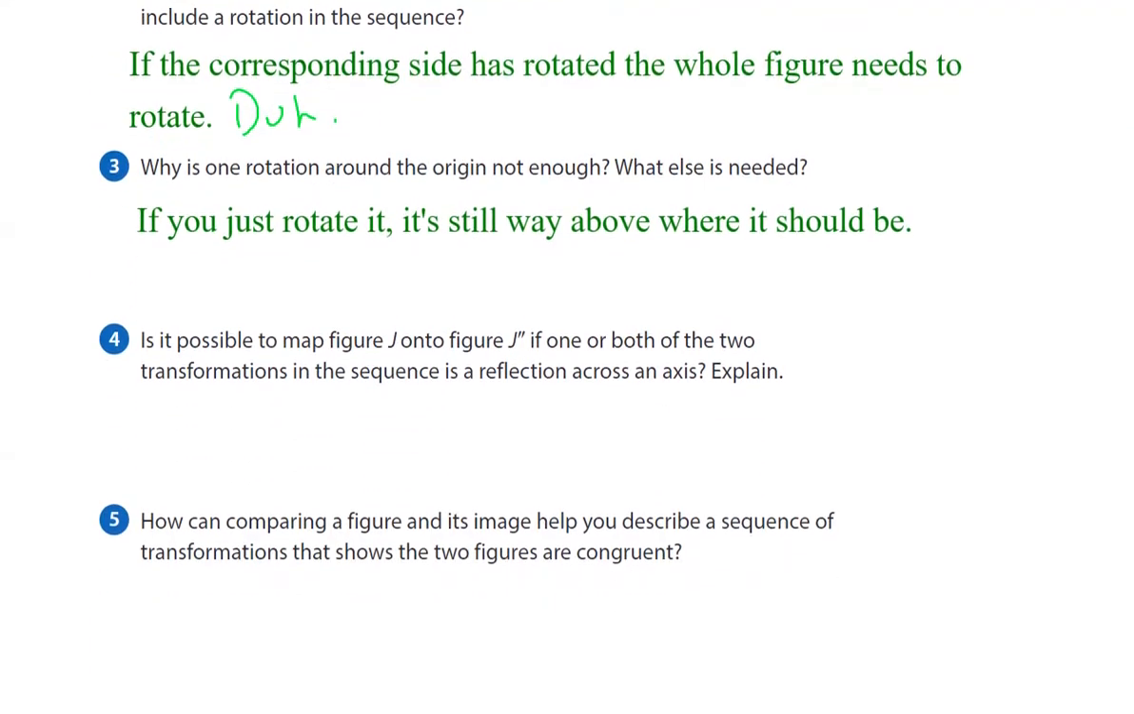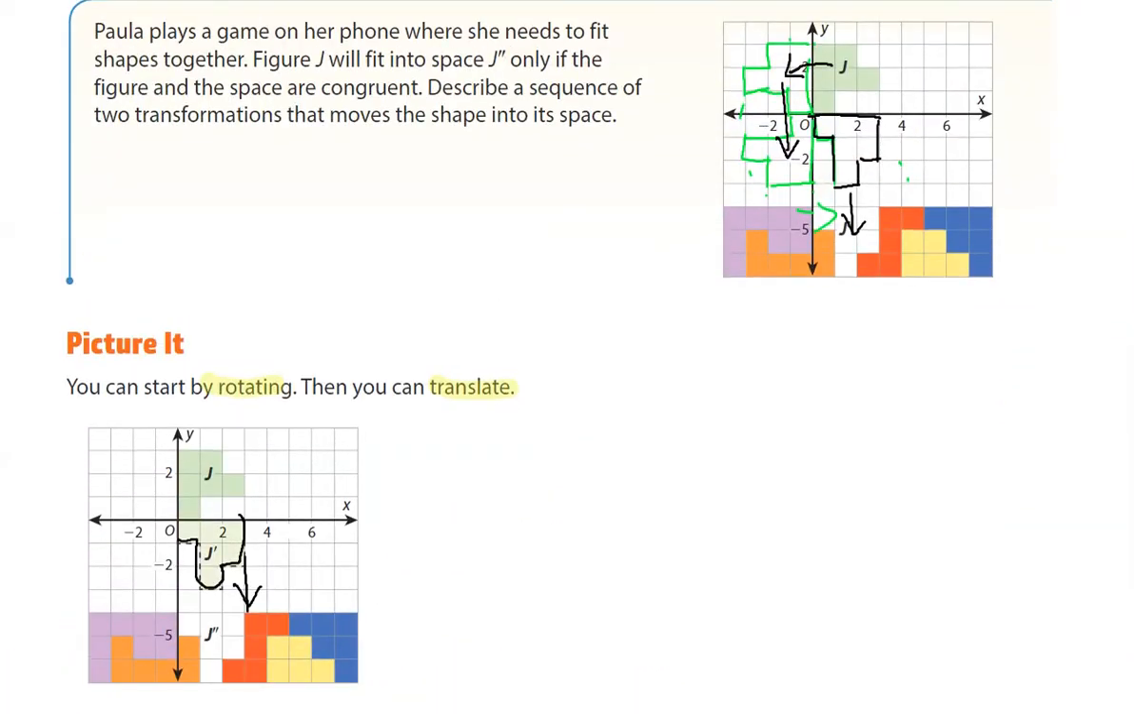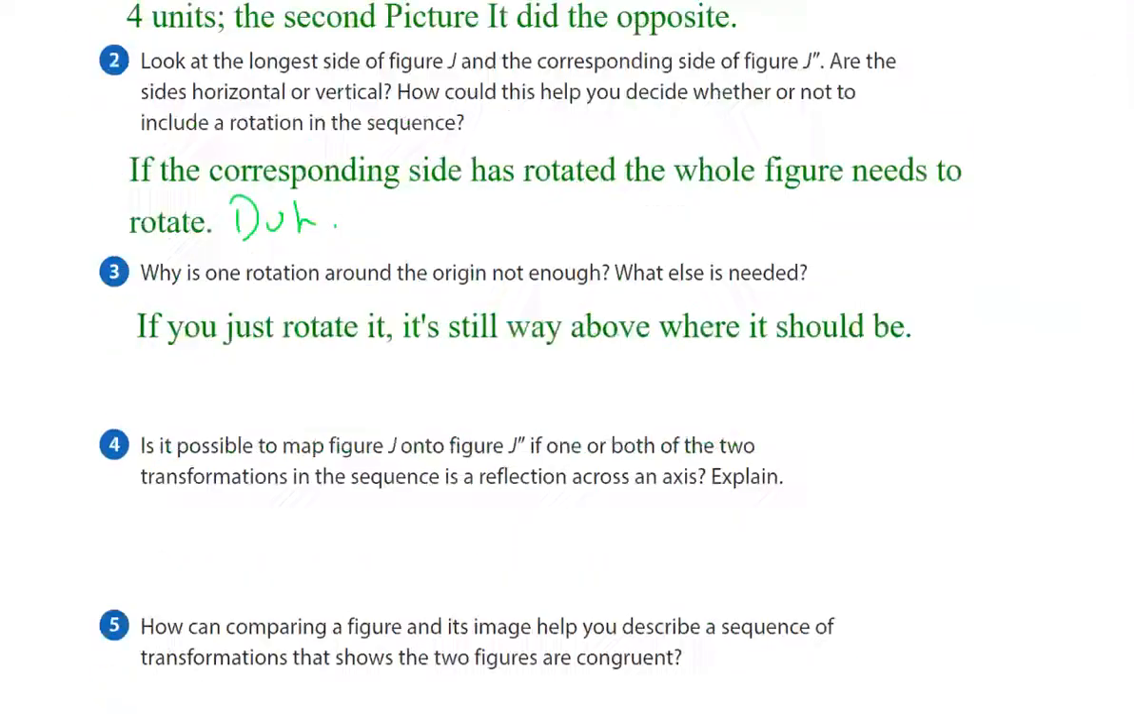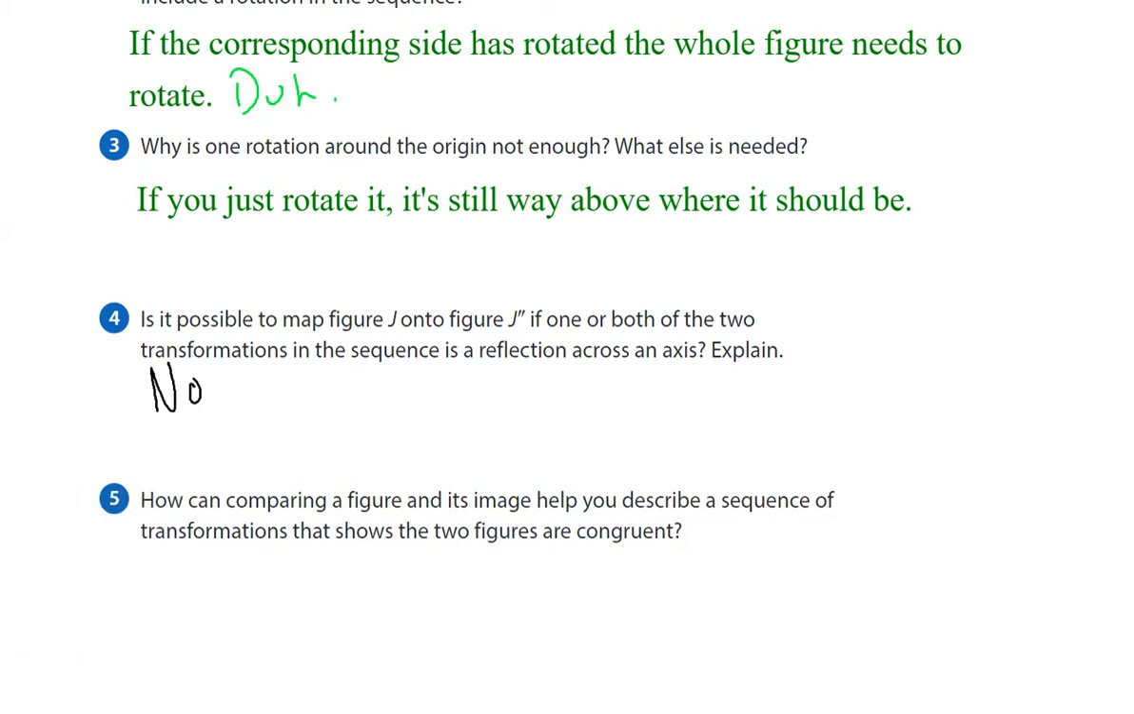So, is it possible to map figure J onto J prime 2 if one or both of the 2 transformations in the sequence is a reflection? Oh, not if you only get 2. The furthest you get it is here. You'd need a 3rd transformation. No. Explain. Okay, well, you would need a 3rd transformation